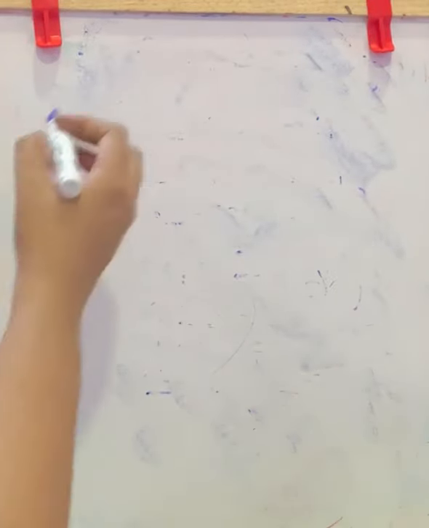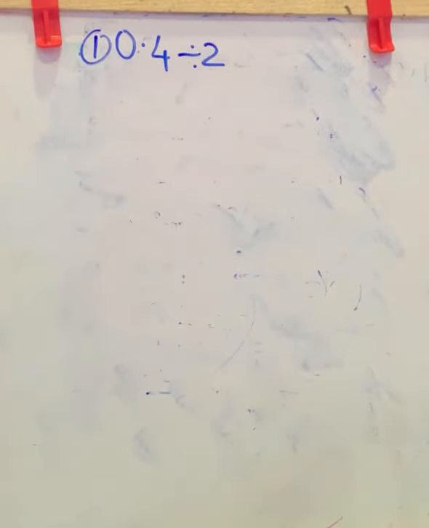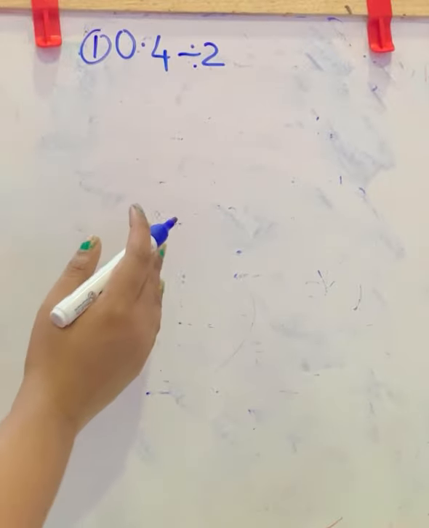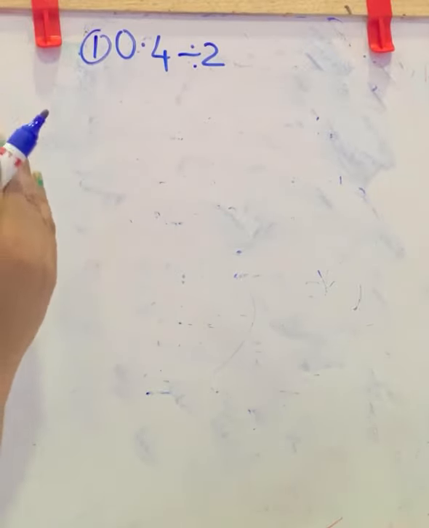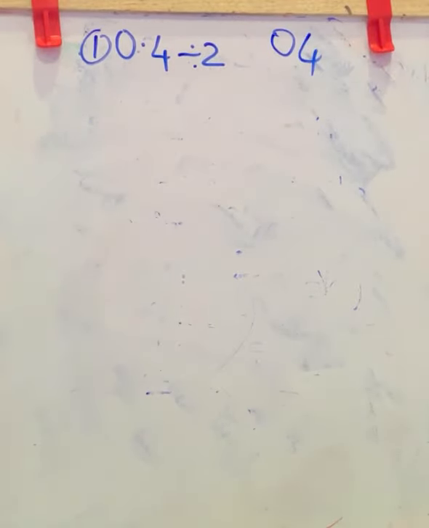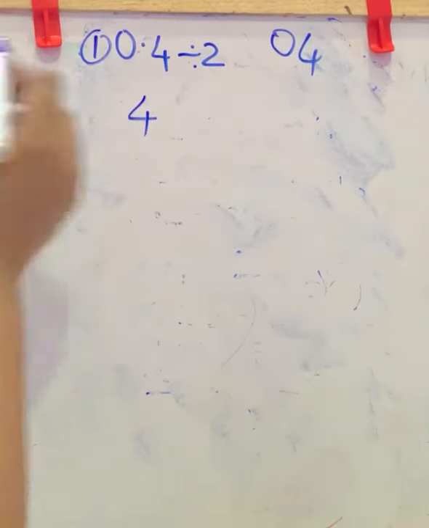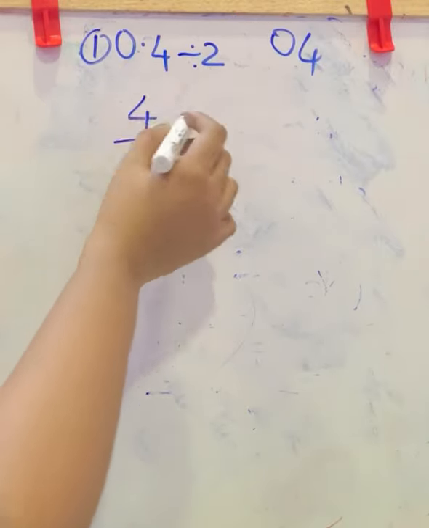Next, moving to exercise 2.7. That is first question, 0.4 division 2. Here 0.4 without decimal. That is, without considering the decimal, here the number is 0.4. Here there is no value for 0 in front of 4. So you can simply say it is 4. Don't want to write the 0 in front of 4. 4 division or 4 by